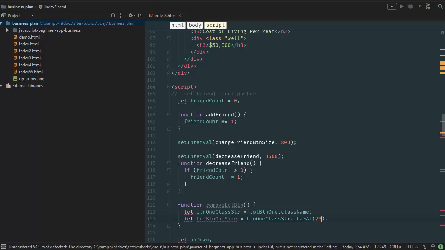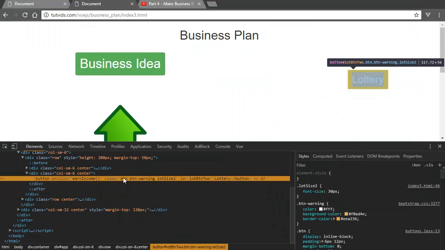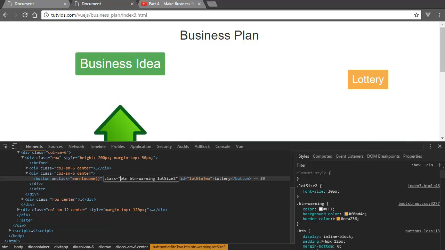And why 23? I'll show you. Car at basically gets the 23rd character, and this is not the way that you should code this, but this is a simple JavaScript application that's not reactive or dynamic, so I'm going to keep it real simple in how I code this. So here, if you count along, it's 1,